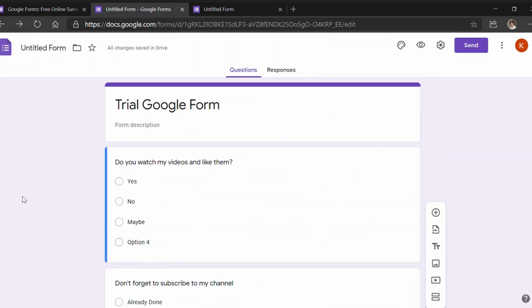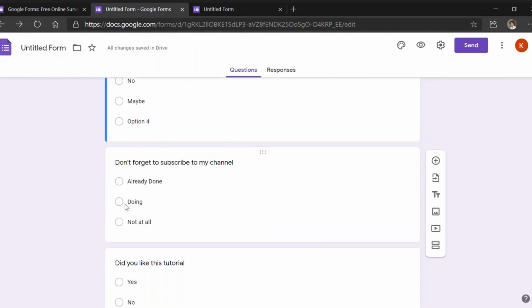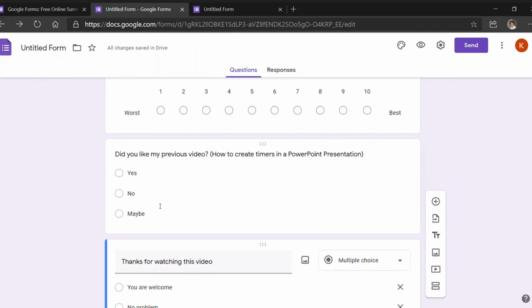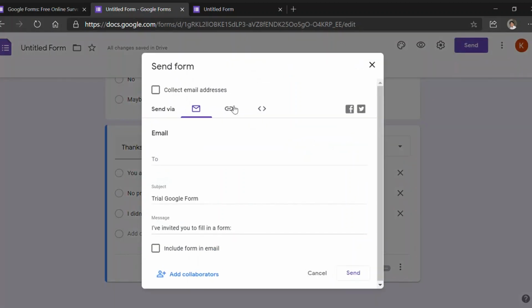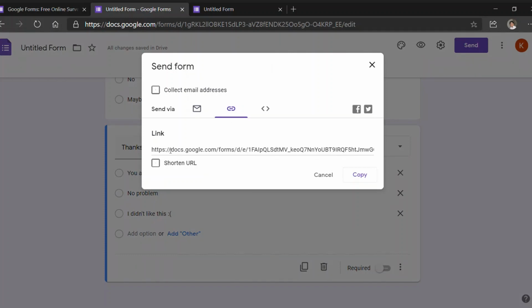Now, as you all can see, I have added 7 questions to my form. Now, to send the form, click on the send button and then you can copy the link to this form. You can shorten the URL by clicking on the shorten URL button.